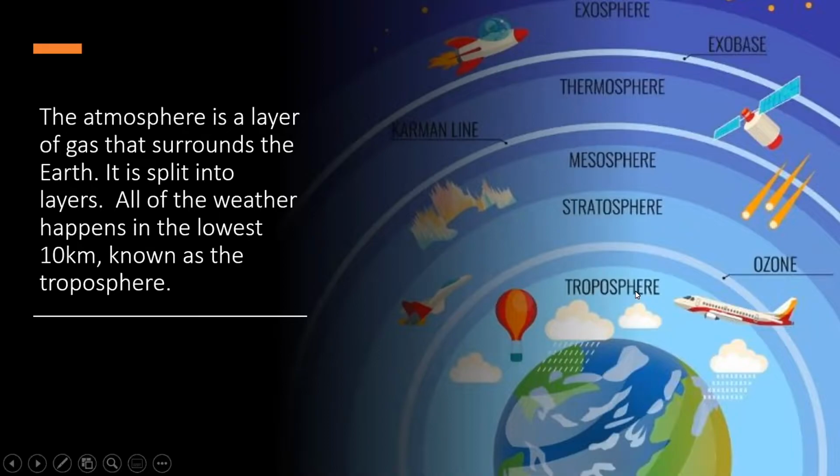All the weather occurs in the lowest 10 kilometers. All the planes, the holiday planes you might have flown in, commercial planes, are in the troposphere. Sometimes you get very high-flying military aircraft going just above, but most planes people have been in are in the lower 10 kilometers, and all the weather happens down here. Troposphere means overturning sphere, because lots of things go on in it. The stratosphere is quite calm compared to the troposphere.